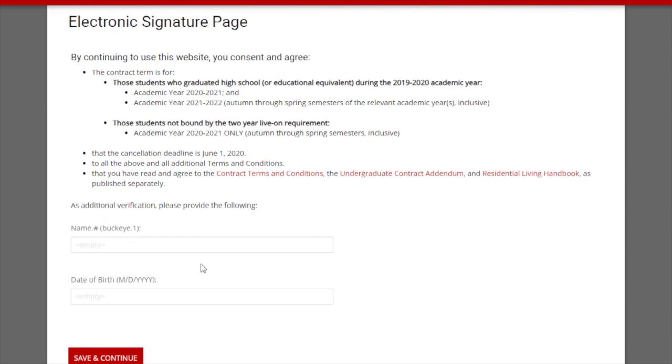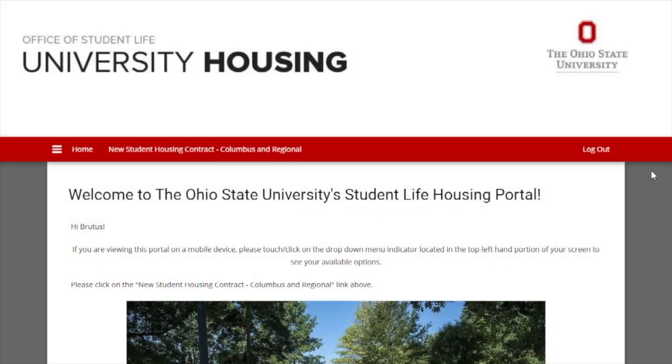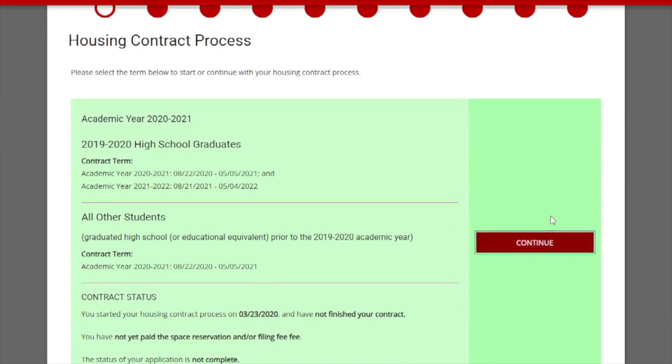If you're 18 years old or older and choose at the beginning of the contract to sign electronically, you'll need to enter your Ohio State username and birth date. Please note that if your birthday or month is single digit, to only use the digit and not include any leading zeros. If you are under the age of 18, or if you chose to sign a paper contract, then